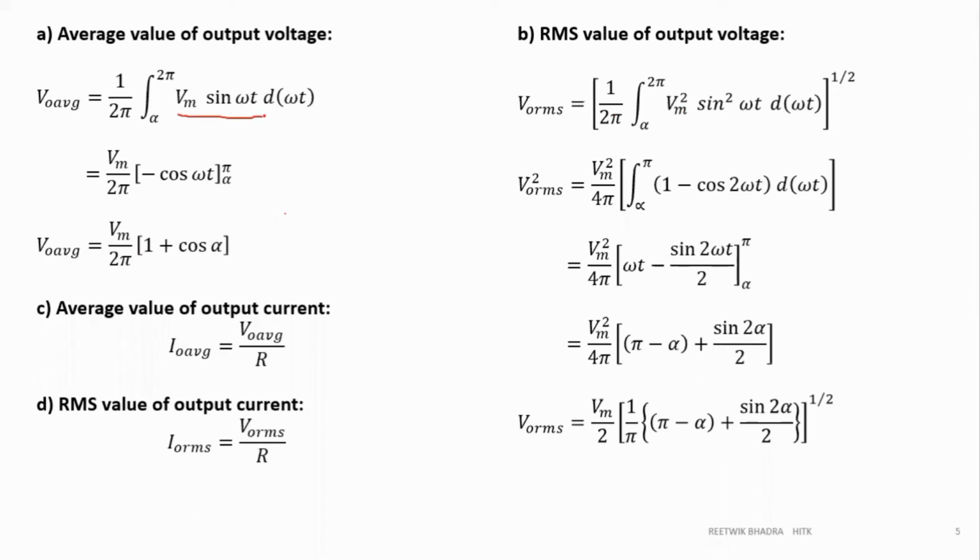So what is my f(t) over here? Vm sine square omega t, that is square. Again, same things I am telling you repeatedly. You will always get a sine square form. Sine square can always be broken into (1 minus cos 2 omega t) by 2. So that 2 comes outside and multiplied with this 2 gives you 4 pi.